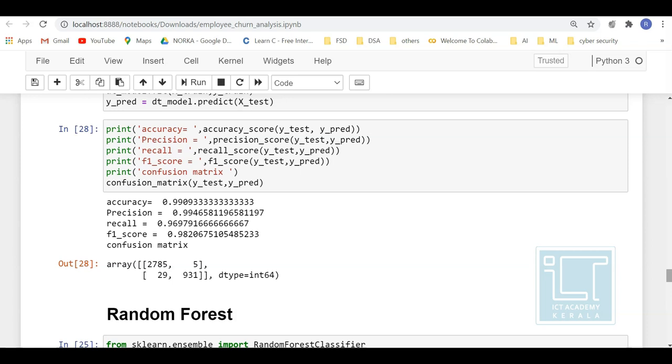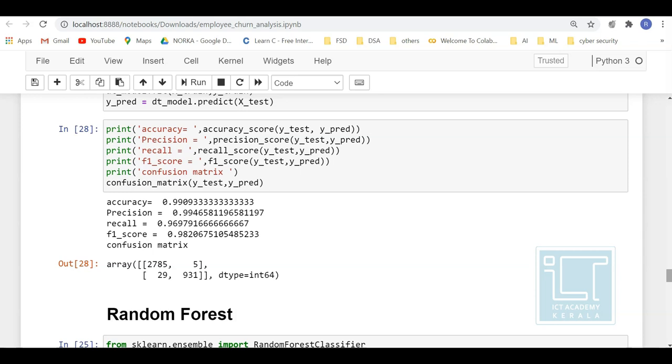So the different steps are like this. First, you have to import the data to your workspace. Then you have to analyze the data, check whether there is any categorical data or not. And if you need any pre-processing, do that. Then once that is done, you split your data into the feature set as well as the target set. And then you split your data into training and test data sets.